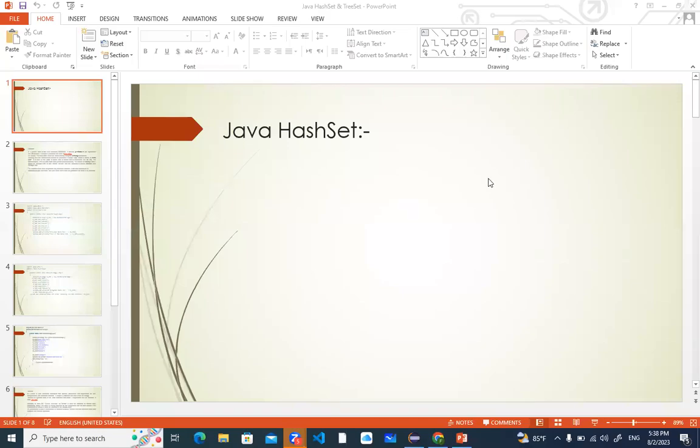Today, we will cover the hash set. What is a hash set? Why do we have a different collection of sets if we have array list and linked list? Why are we using sets? Today, we're going to see these concepts. But first, let's open our